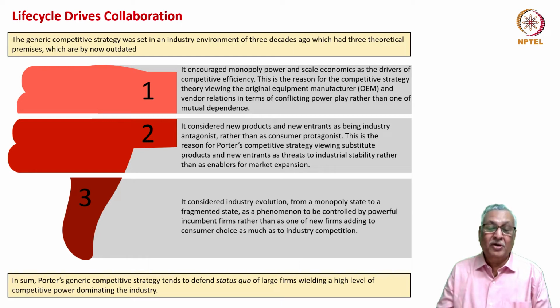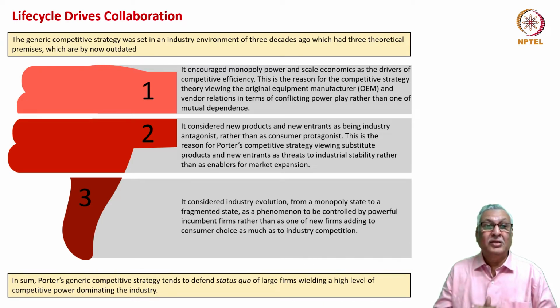Earlier, because the products were few and far between, companies could have monopoly power for a long time. It is no longer necessary and it is no longer feasible. The original equipment manufacturer and vendor relations are likely to keep on changing as more end product companies come into being and also as more component makers come into the industry. So there is nothing which is set that this is the fixed structure of the industry and this is how we need to play the game with each other, not against each other, with each other.